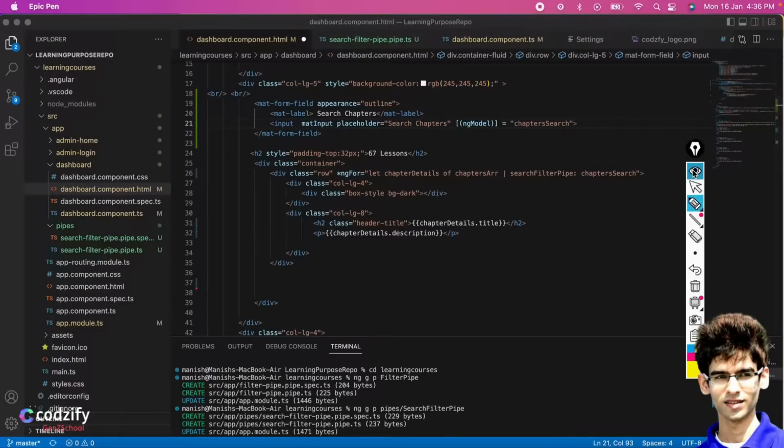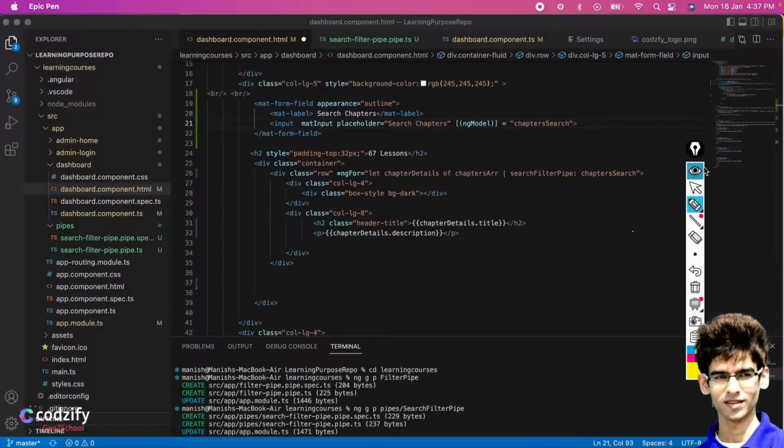Now whatever the user types here will be connected using this ngModel into this search filter pipe. If I type ang here, it will be associated here and given to the search filter pipe.